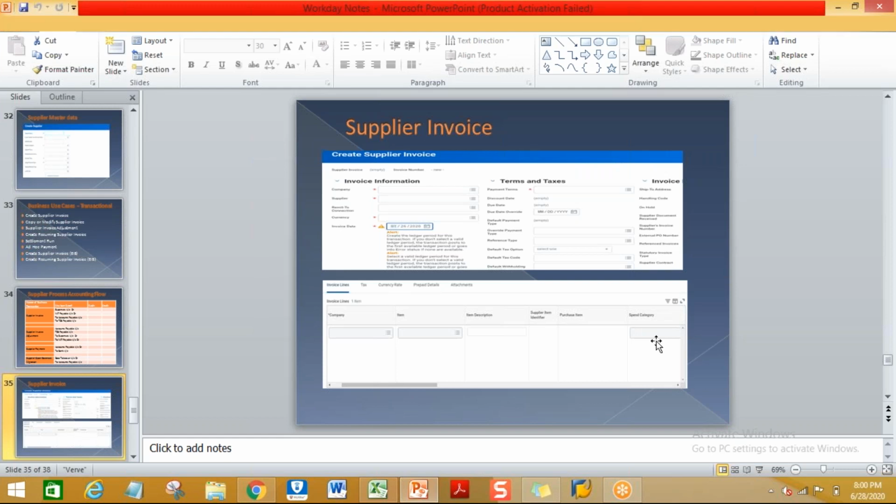Once you complete the approval process, you have to go to the report, find supplier invoices. There you can check the accounting entry. If the accounting entry is not updated after the final approval, that means you have taken the wrong spend category, or your account posting rule set is not maintained properly.